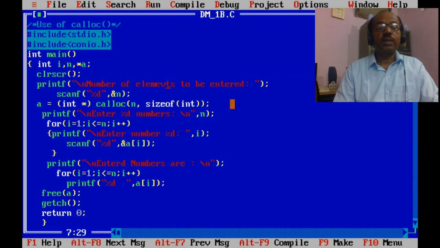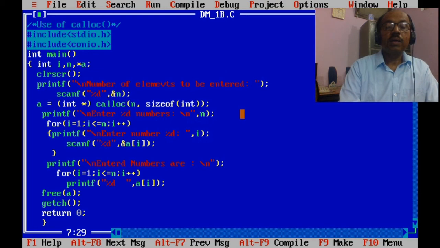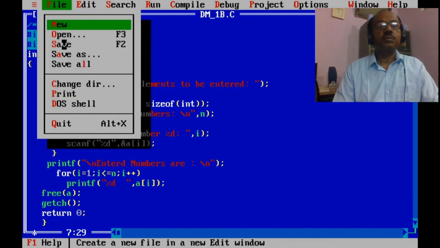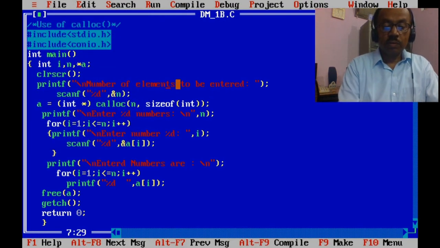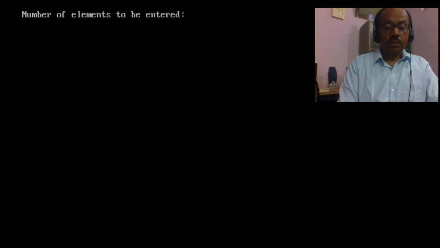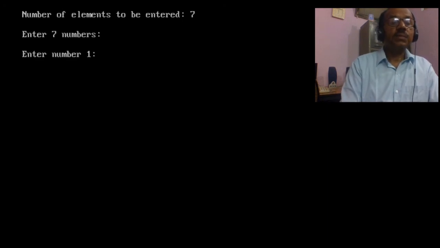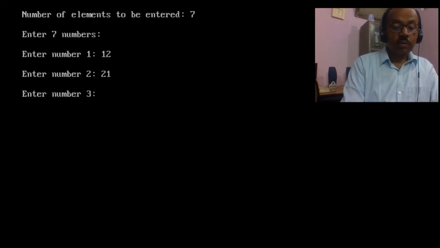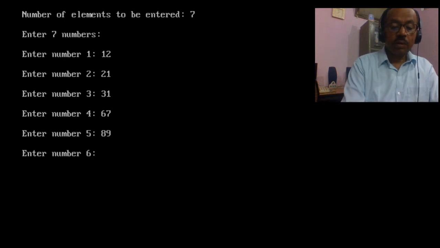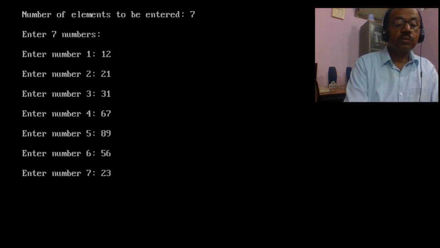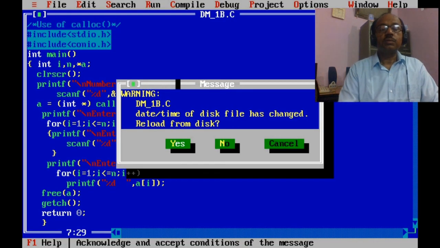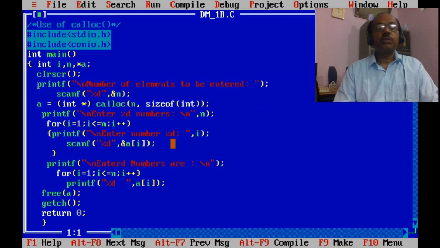It is not a bug, rather it is in the elements. So save, Control F9. Let's take 7. Here simply 12, 21, 31, 67, 89, 56, 23. So all these are the numbers. So this is the use of calloc.